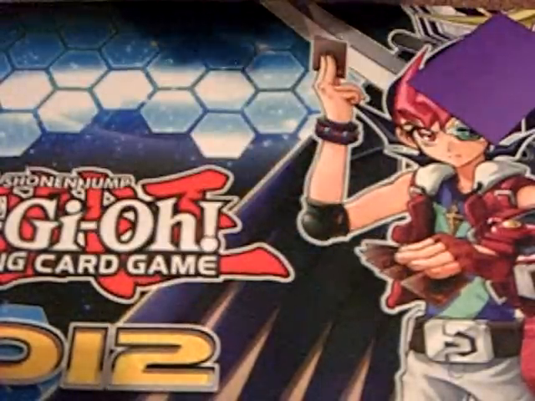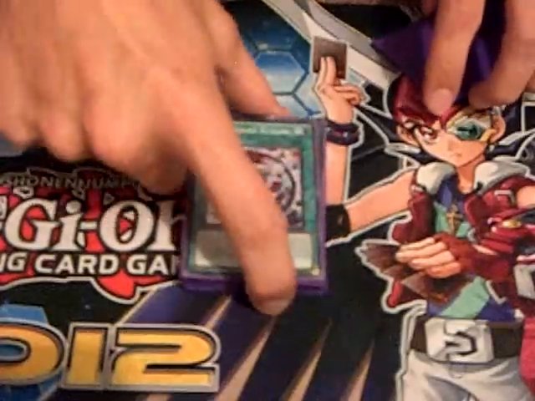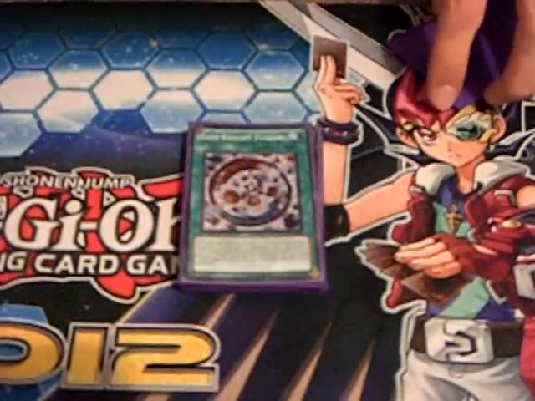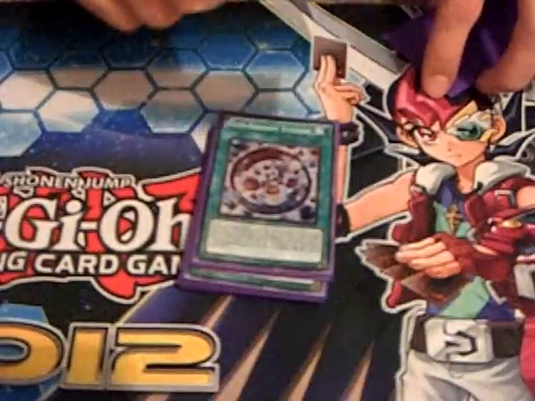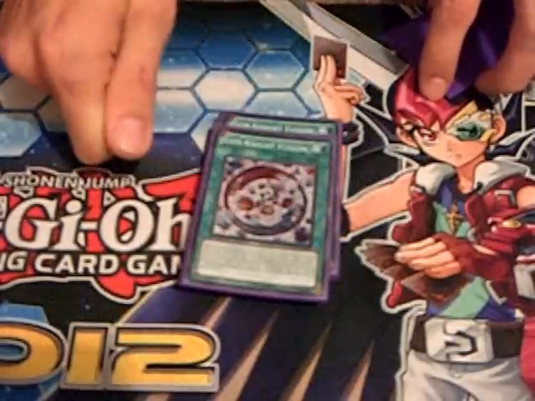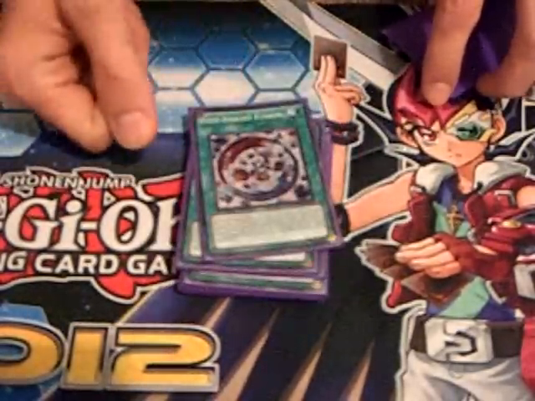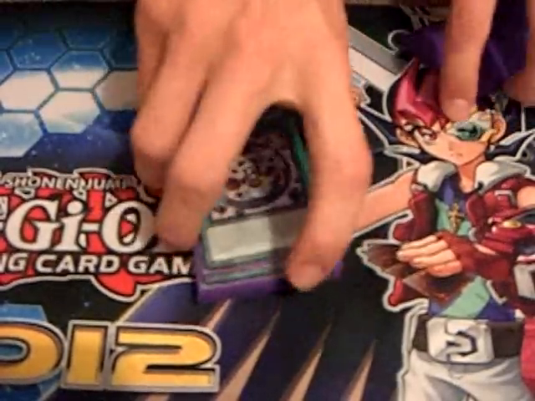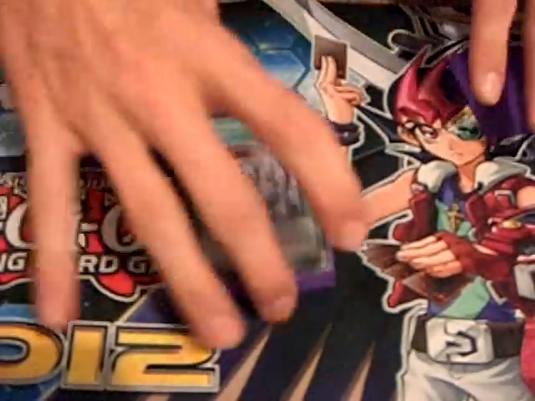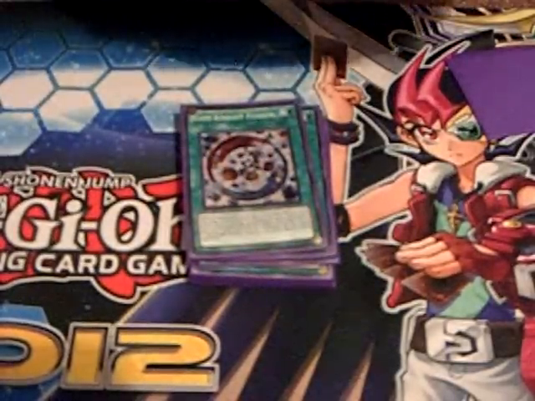So that's why you don't Solemn Warning this card. If I already have a Gymnite in my grave and you Solemn Warning this, I'm just going to banish it, and then I'm going to add this right back to hand, and continue to do what I was doing before. You just slow the process by Solemn Warning it. So yeah, the card is just all too broken, especially with combos with